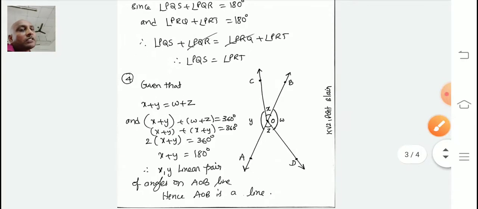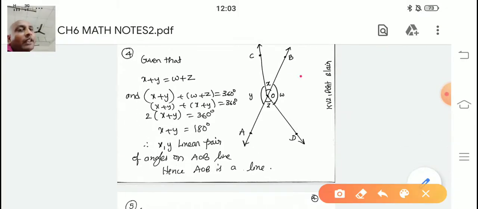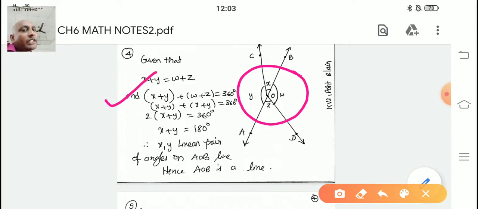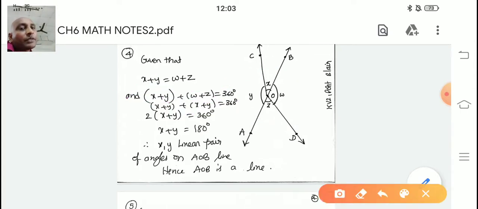Similarly, the fourth question is very easy. X plus Y plus Z plus W is 360, because it is a complete angle. But they have given X plus Y is equal to W plus Z. Look at the textbook if you have a doubt. So W plus Z can be replaced with X plus Y,